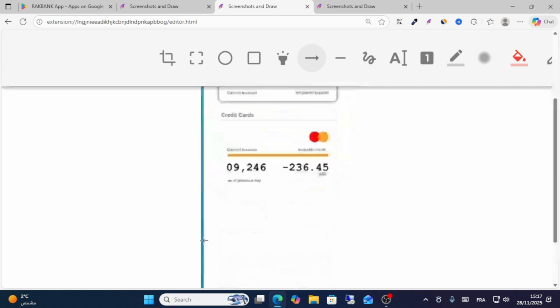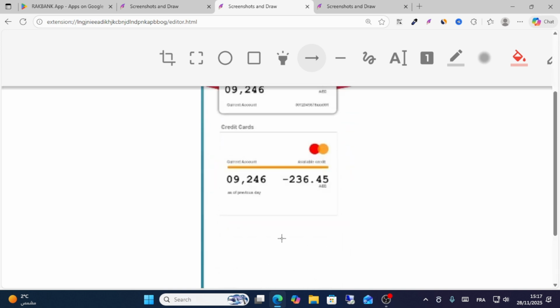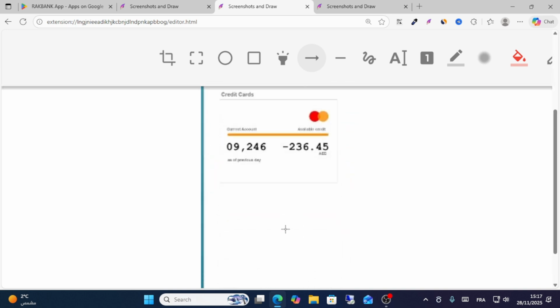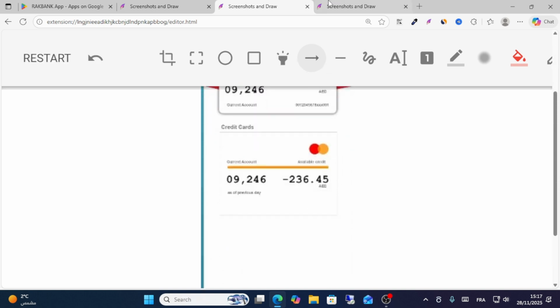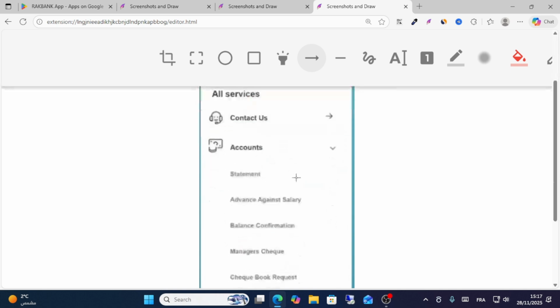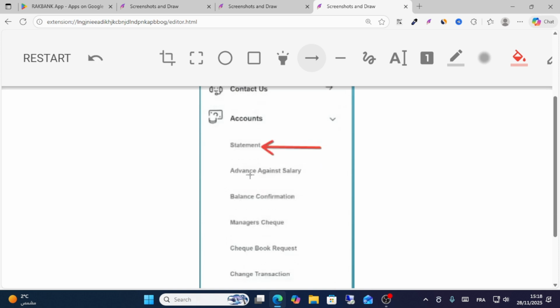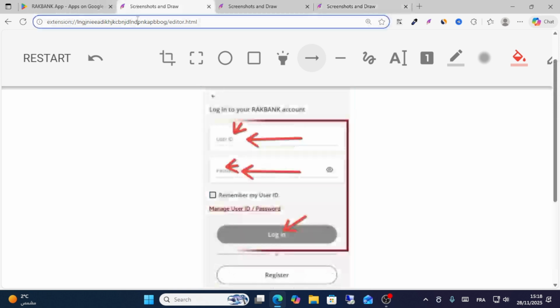And then you will see the dashboard of this account. As you can see here, you will see your card and all your details. And then when you click the three lines here, this option, you will get your account and services. Look for statement, click on statement, and then choose the date range of the statement you want to download. You can download it as a PDF statement,